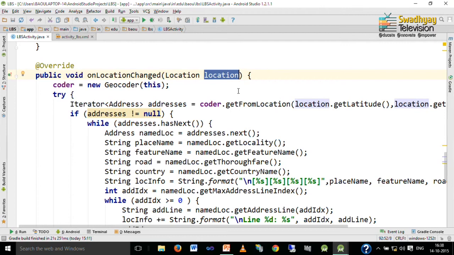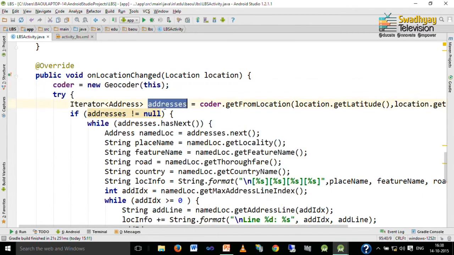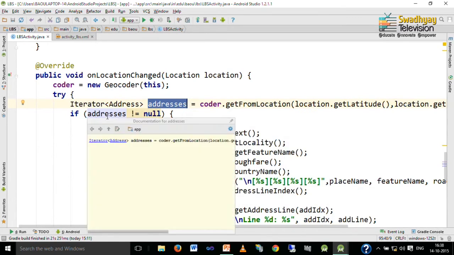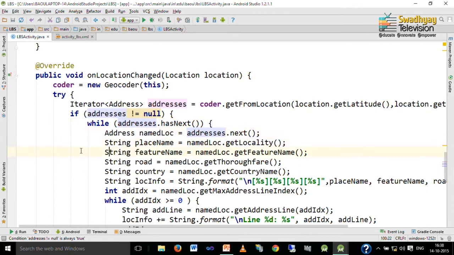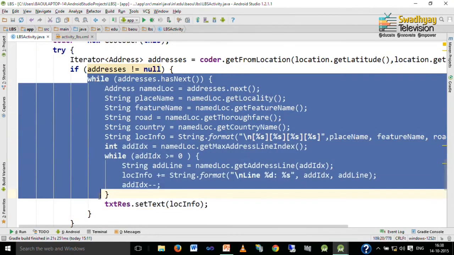Here again we create an instance of geocoder, we find all addresses as discussed earlier, and if the address is not null, that means we have at least address information available, then this inner loop executes.